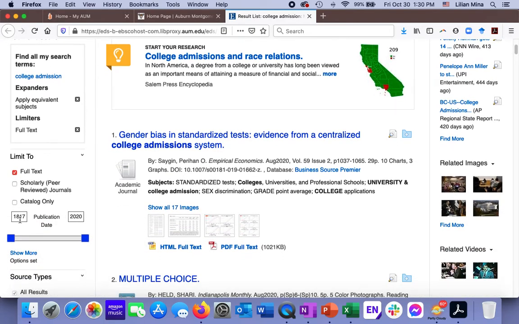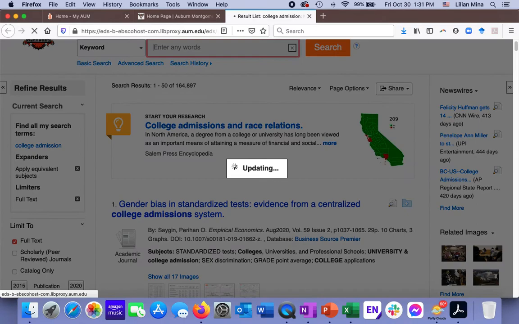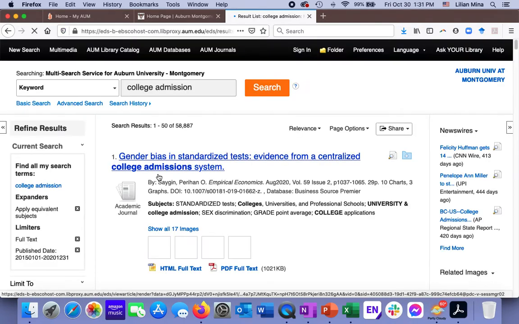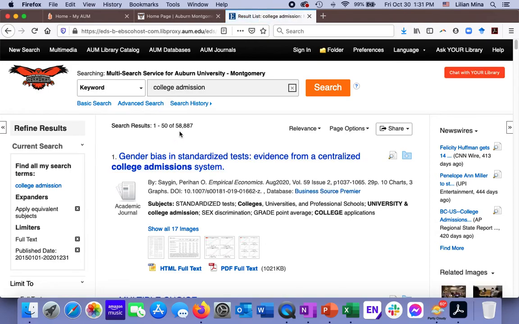As you can see here, the search starts from 1817 to 2020. Maybe you are just focusing on something that's very recent, so 2015 to 2020, and then enter. It's going to update that, and you'll see the dramatic change in the number. You see how the number dropped to 58,000. Of course, it's still a big number, but this term is kind of broad.